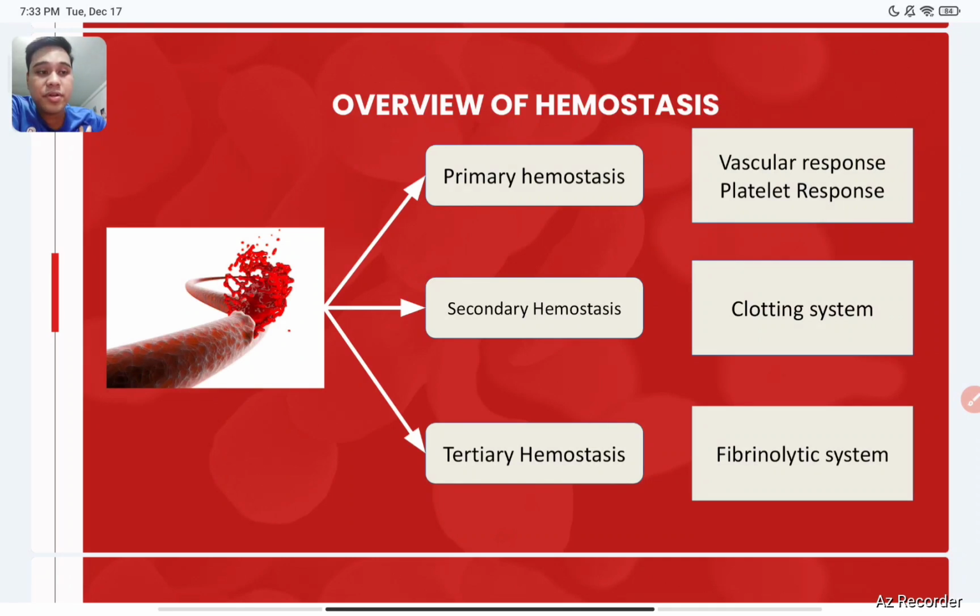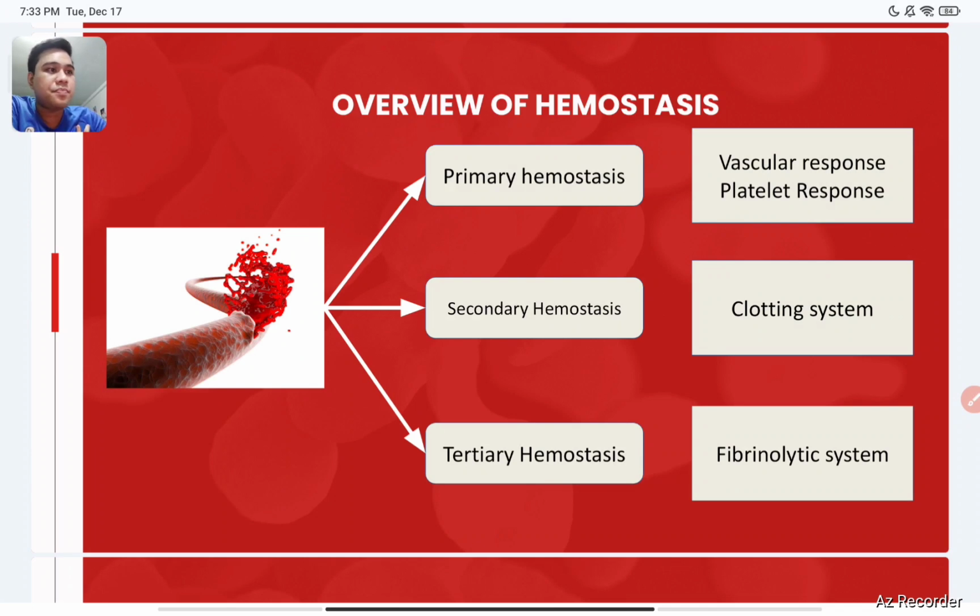And then for your tertiary hemostasis, this is now the fibrinolytic system. Later on, we will discuss the fibrinolytic system because it also counteracts or balances our hemostasis, because it will degrade the fibrin clot that has been formed so that you will not make your patient prone to